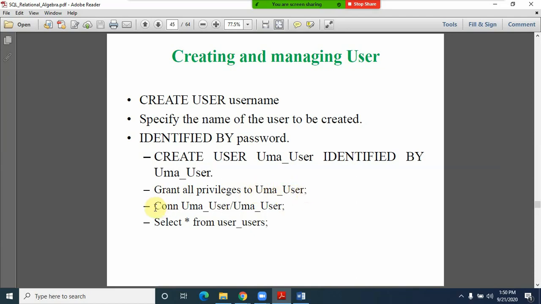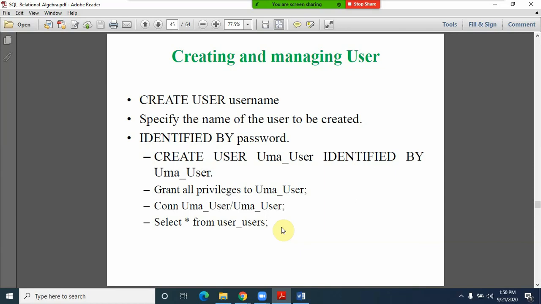With the help of the connect statement you can connect the user: connect username slash password. And to check whether this user has been created, we have the select option: select star from user underscore users. This select gives us how many users were created and whether those users are properly created or not, along with the privileges.